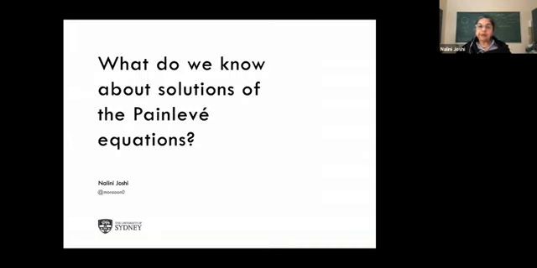What I'm going to talk about is the Painlevé equations, but as many of you know, my interest has become more and more focused on the discrete Painlevé equations. So by calling it the Painlevé equations, I mean not just the classical continuous differential equations known as the Painlevé equations, but also the discrete Painlevé equations, which are an incredibly beautiful series of objects that I hope more and more people will get interested in.